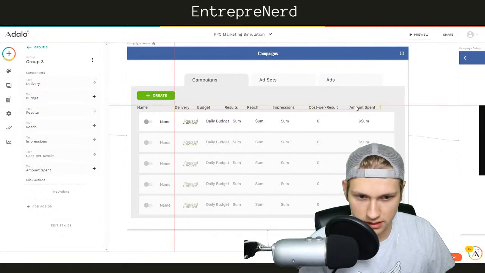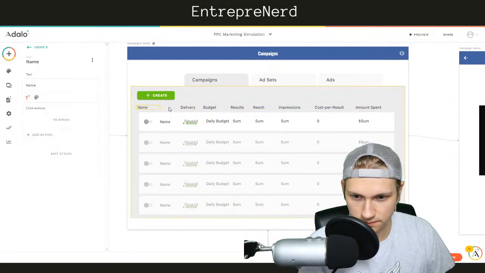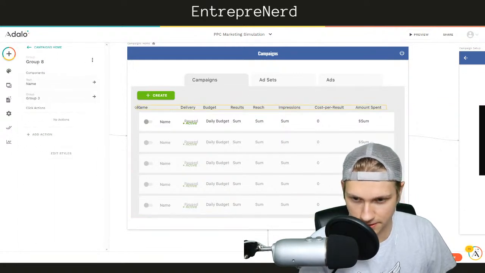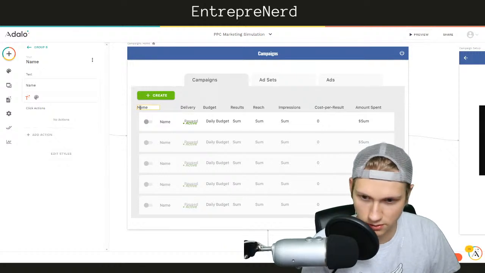So within this, I'm going to move this over. It's still locked onto the side, right? Maybe I can just go...